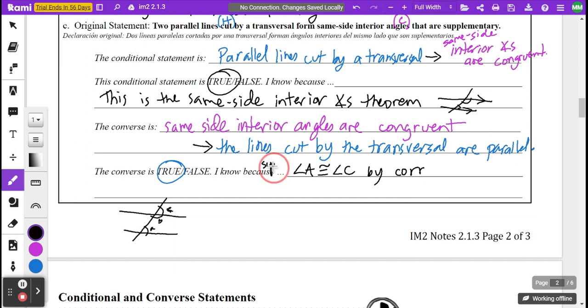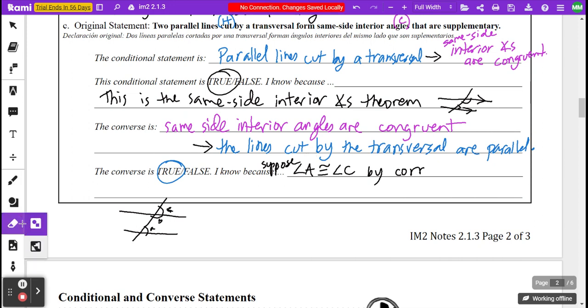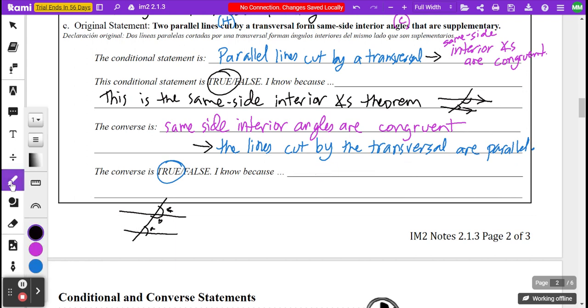Or just suppose, because I should start with this fact. Suppose angle A. I'm sorry, everybody. I've got this. I know exactly what to say now. Suppose